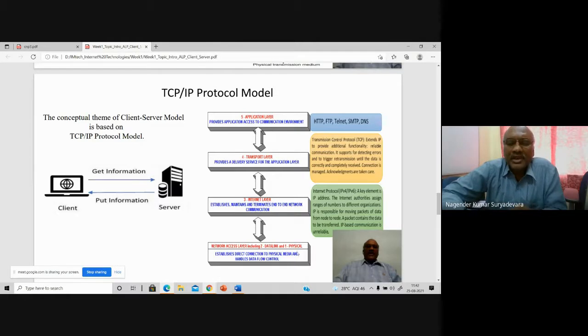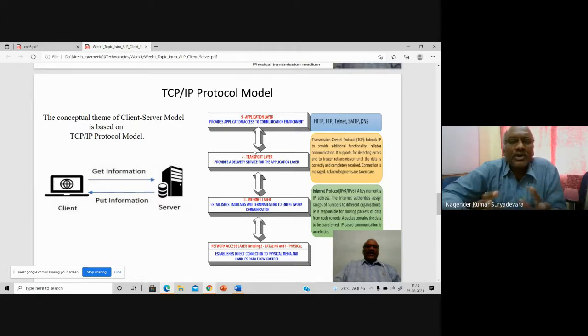The first layer at the bottom is the physical layer, then you have the data link layer, followed by the internet layer. Instead of network layer, we call it the internet layer. Then above the internet layer, we have the transport layer. And finally, the layer which is very near to the user's program interaction is the application layer. So this is the nomenclature, the structure of this 5 layers reference model.